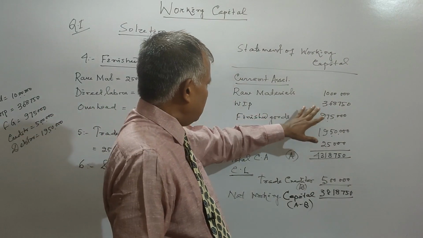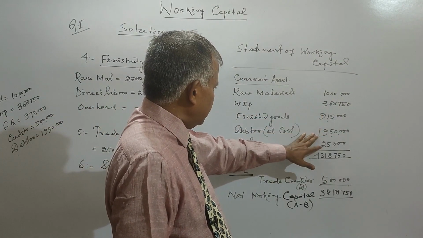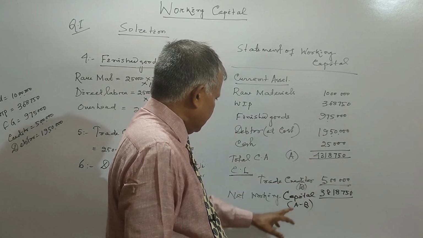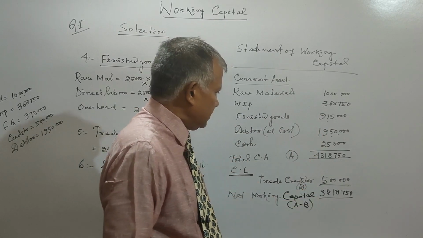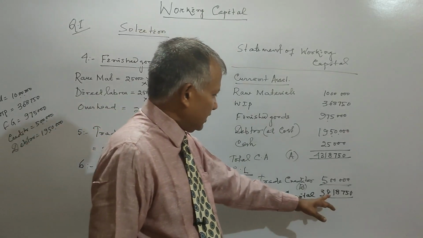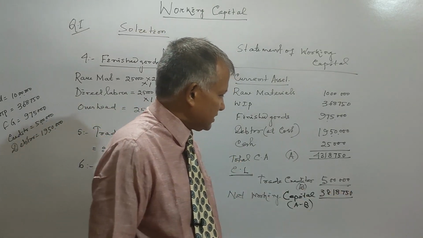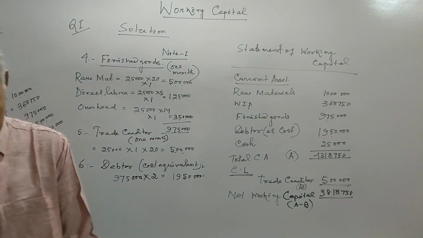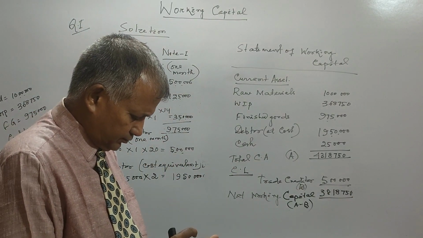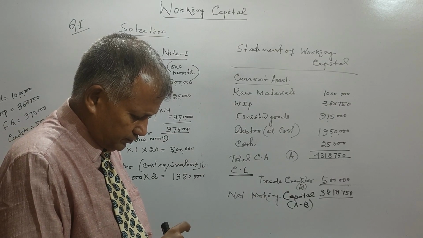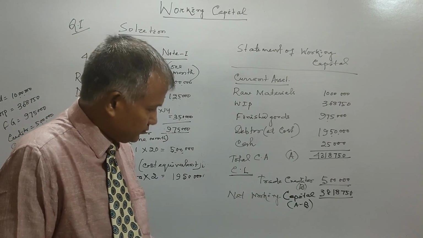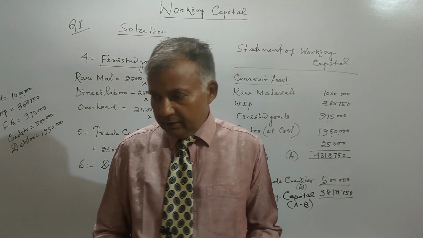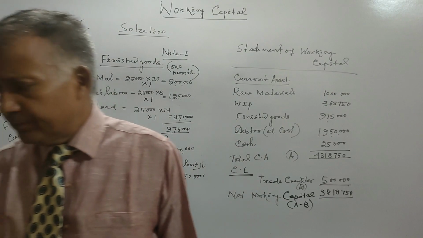So raw material, work in progress, finished goods, debtor at cost, cash, total current asset less trade creditor. It comes to 38,18,750. So this is your answer for this question,